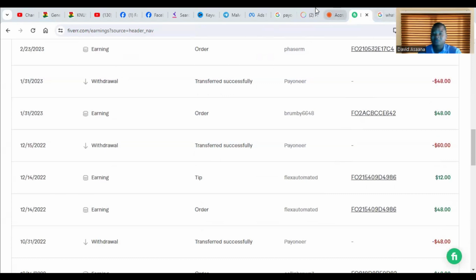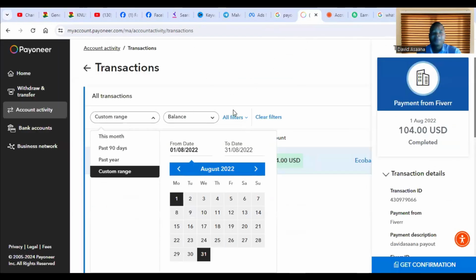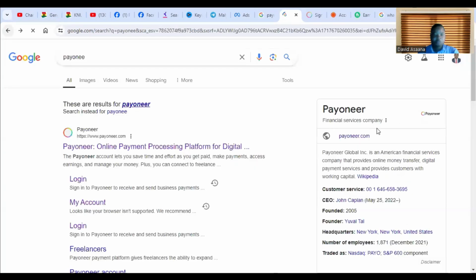So someone may ask, what exactly is Payoneer? Payoneer is a financial services platform that is used for online payments or digital transactions. So I'm going to show you exactly how to create a Payoneer account. First of all, go to payoneer.com